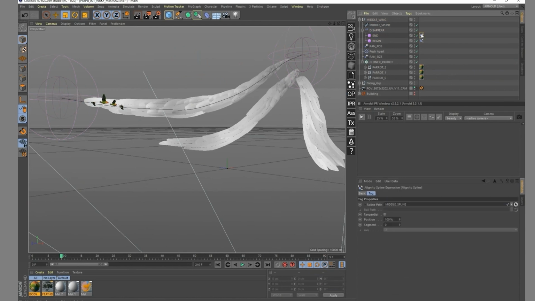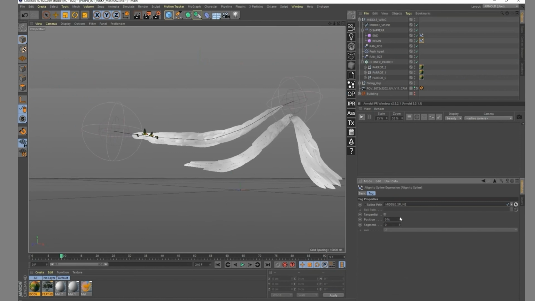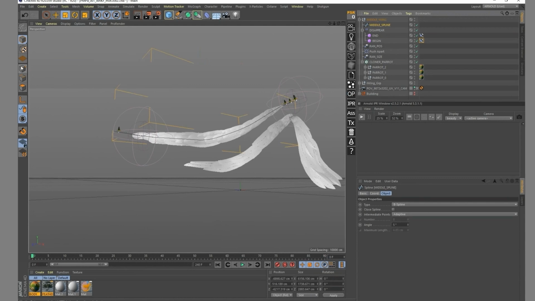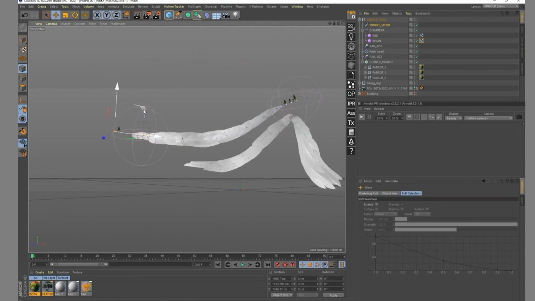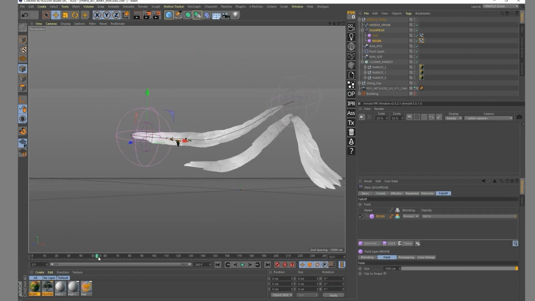And I realized that the beginning is a bit too far away, so I'm gonna change the position of it so it can fit right there. So I don't care over here, or I can just also change my spline itself and make it begin a bit more inside of that. I don't have any building over there, so even if I'm rendering something, it's not going to be shown. And now I have my parrots that are slowly appearing. And now they're just all going away.